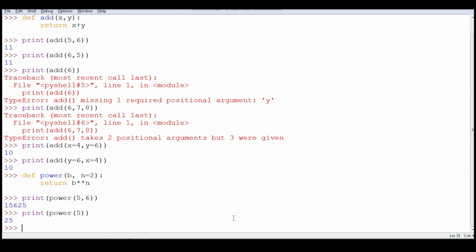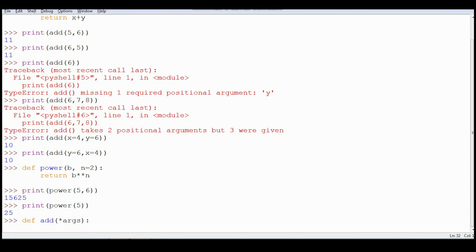Example, I am defining one function, def add, and to that I'm going to pass many arguments, and inside that I'm going to return the summation of all the arguments. Now, how to indicate that this is a function with a variable number of arguments? So you have to write a dummy variable name preceded with star. This is Python syntax. Now Python recognizes that this variable is going to receive n number of values.